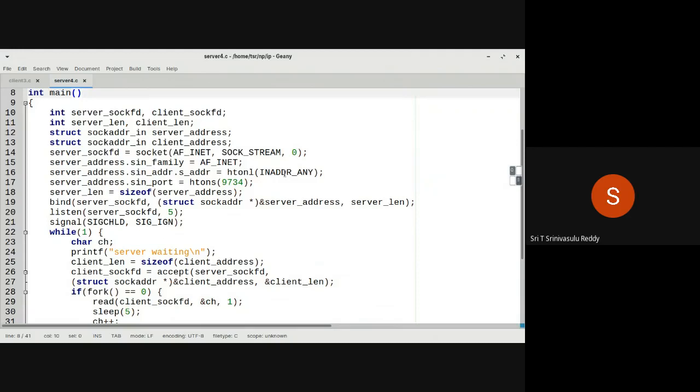In fact, a datagram client can be written so that it can connect to a server. It's not necessary that a datagram server will only talk to a datagram client. A datagram client can talk to what I call stream-oriented servers also.